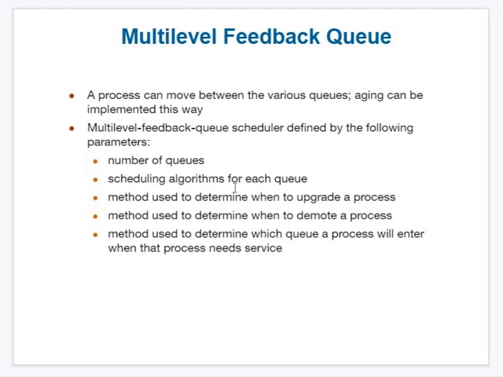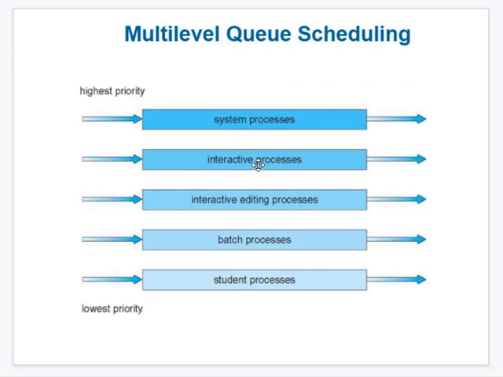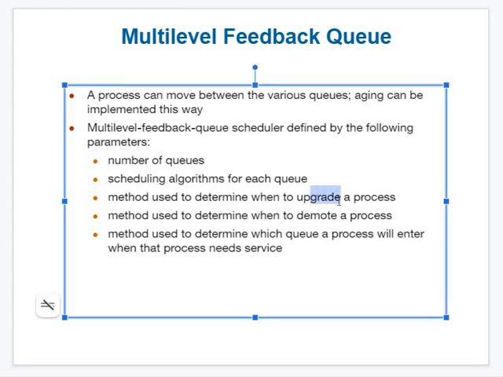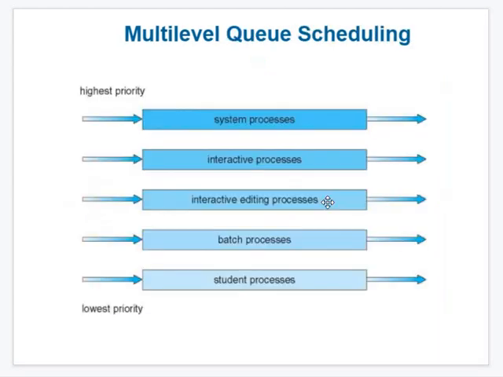Along with the scheduling algorithm used for each, we also maintain other information like the upgradation process. That means why you are selecting the interactive process even though the system process has the highest priority, because of an interrupt, and such. We maintain why you have upgraded the process queue or process list, and why to demote the earlier one. Simple way: the system is executing, an interactive process comes, so we have to demote this system process and upgrade this interactive process.